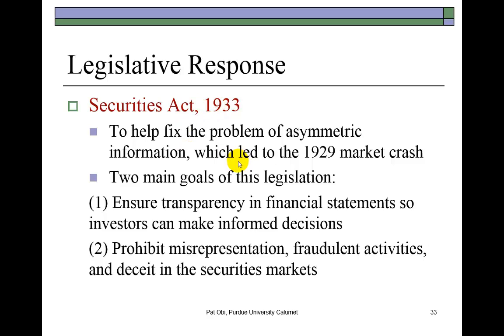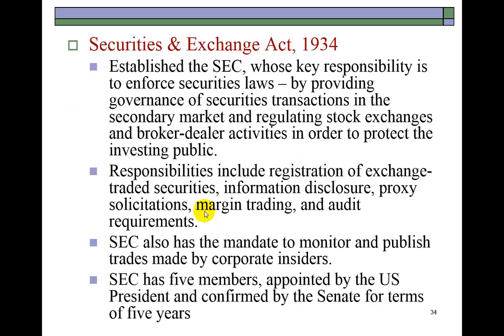It was designed to fix two important things: information asymmetry, to make sure that no one was expropriated in the financial markets, no one was cheated, that is, and two, to make sure that there was transparency in the markets. And so, as a result, the very next year, 1934, the Securities and Exchange Act was enacted,